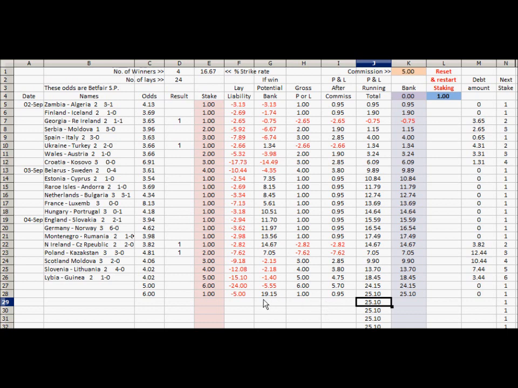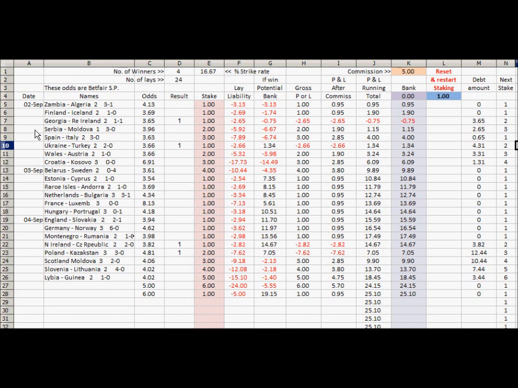So there you have a brief description of just what can be done using this 1 point staking plan. If you're able to get some sequences of successful lays, you will be able to clear your debt, and everything will be okay. Now you must remember this is debt recovery, so stakes increase after you hit winners, so you need to be a bit careful with it. Okay,